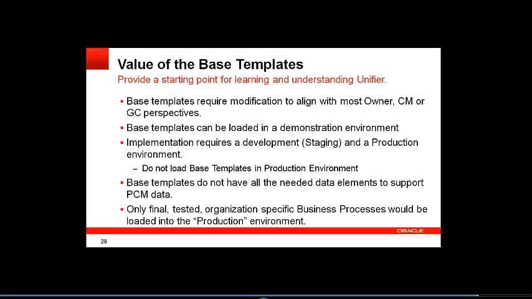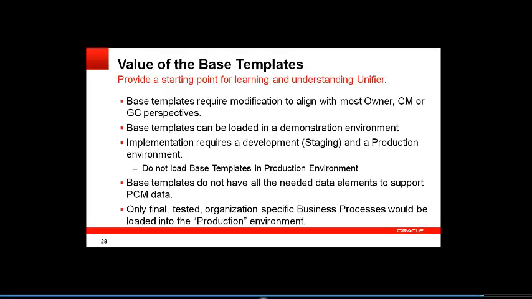When you deploy Unifier, you deploy both a staging, a development environment, and a production environment. And I would not load the base templates probably in either one, but certainly not my production environment, primarily because those templates preclude some configuration capabilities in Unifier that you may want to make use of.